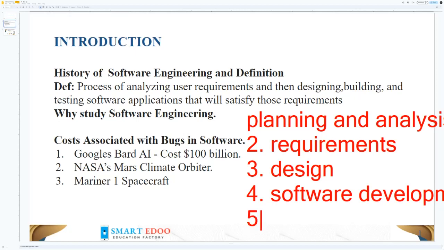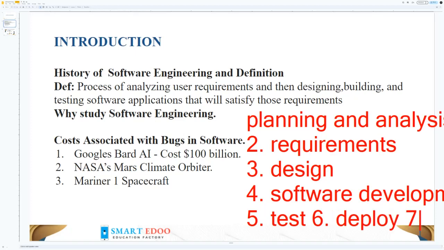Five, after developing, you test: software testing. Then after testing, we have deployment. Six, deployment.